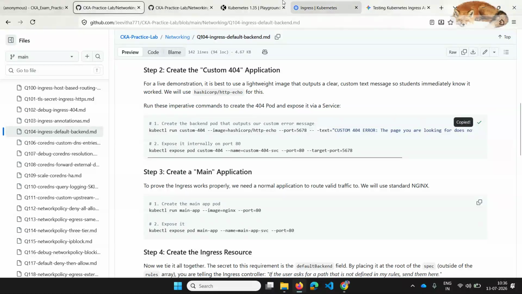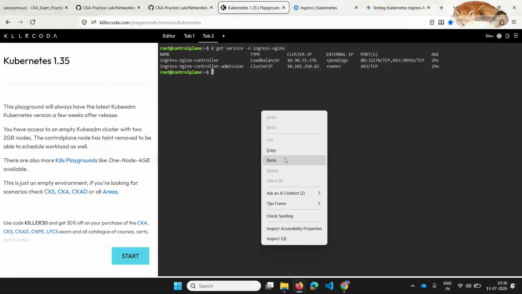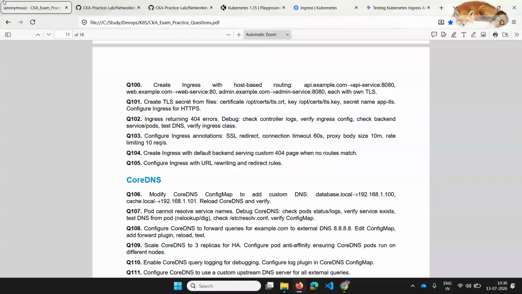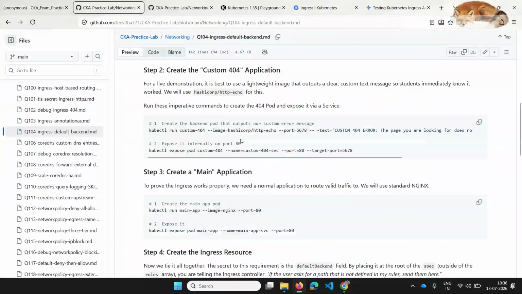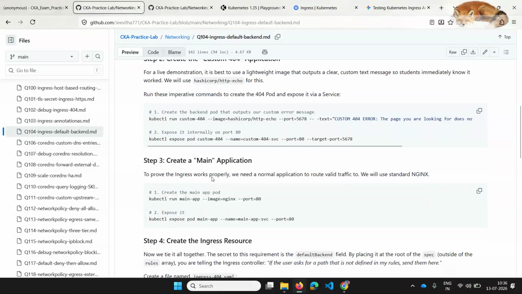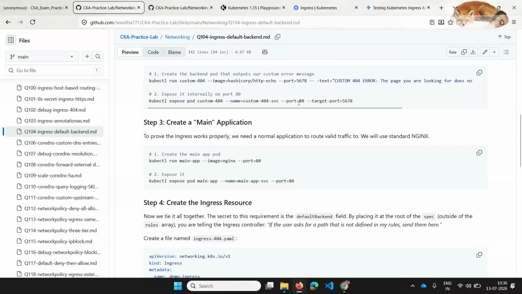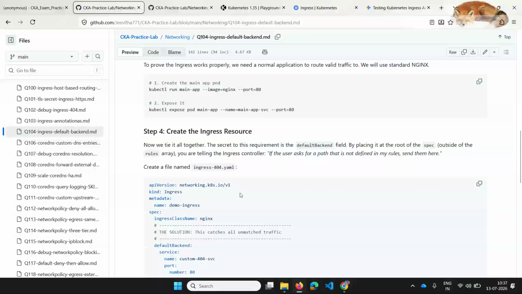Let's create this. The name is custom 404 service, and the pod is named the same. We have exposed this as 80, and the target port is this.